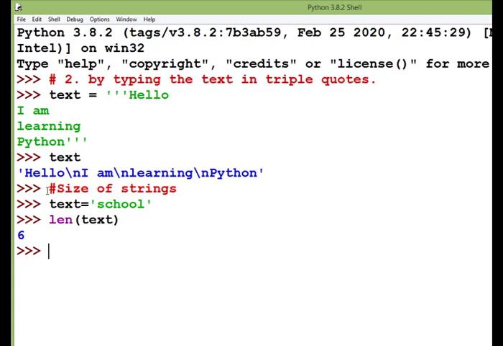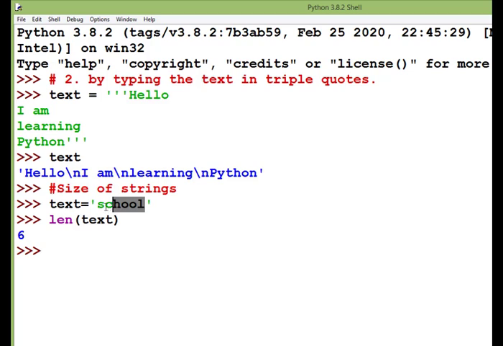Now we are going to learn about the size of strings. So I have just typed one string here, school, within the quotes. So what is the size? I mean, how many characters are there? So Python counts 1, 2, 3, 4, 5 and 6.